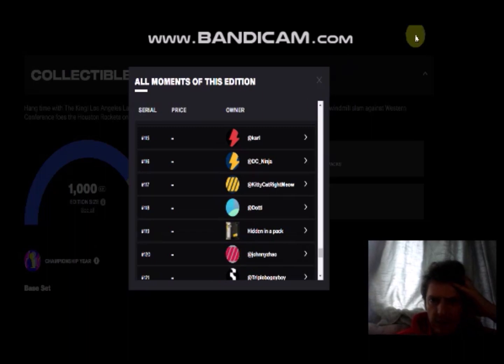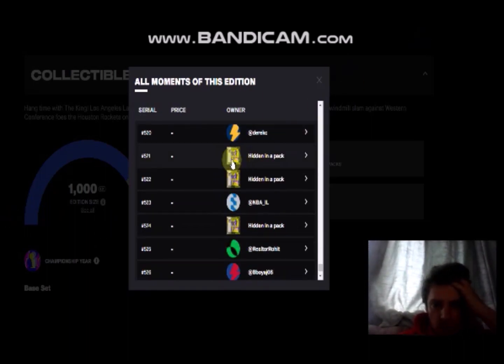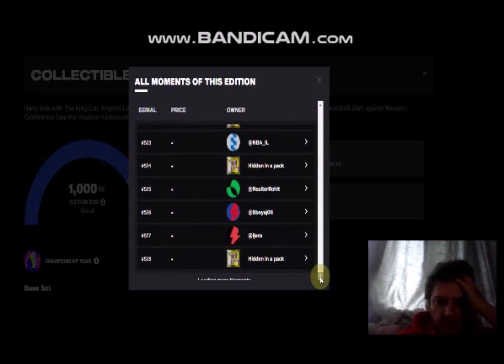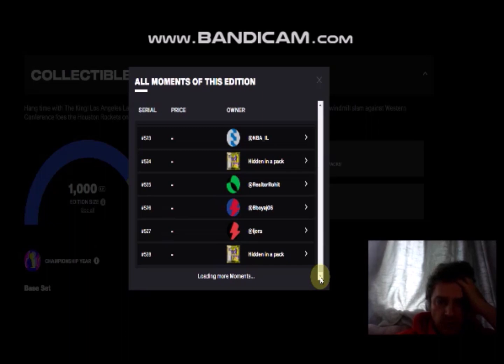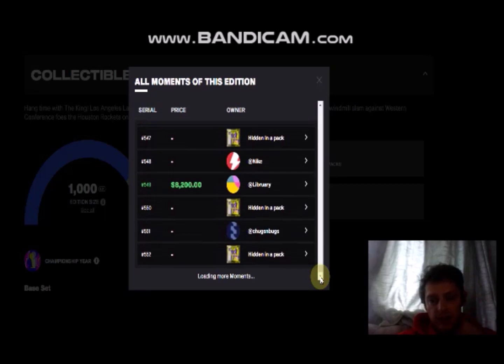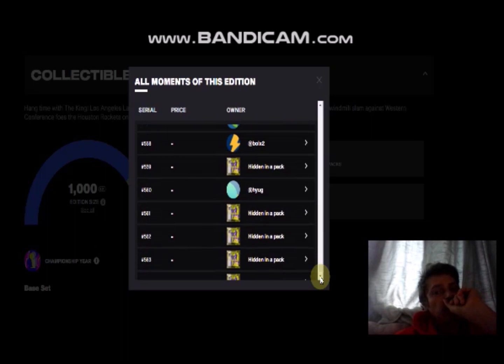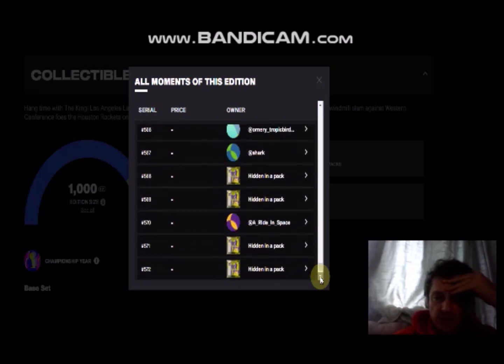Let me pause. Still scrolling with the strip. So we got through the rares. We're only at 500 right now. It takes forever. Did they do this on purpose just to screw with everybody? It stinks. So there's nothing to lead me to believe that they're breaking the packs up. I looked through before, and it said that they probably would leave the packs intact and sell the packs later on the marketplace in the future,